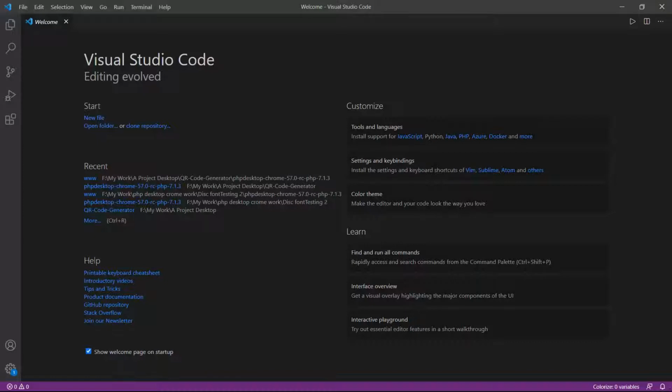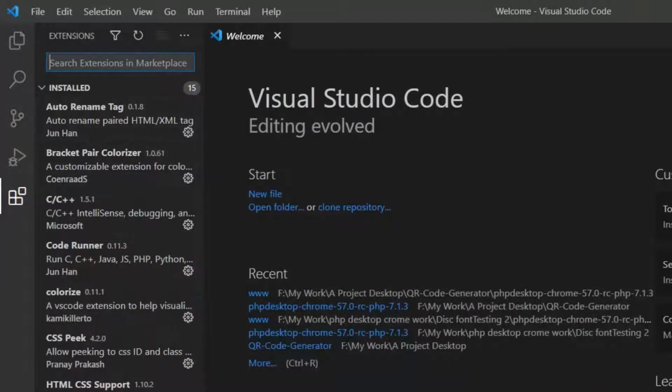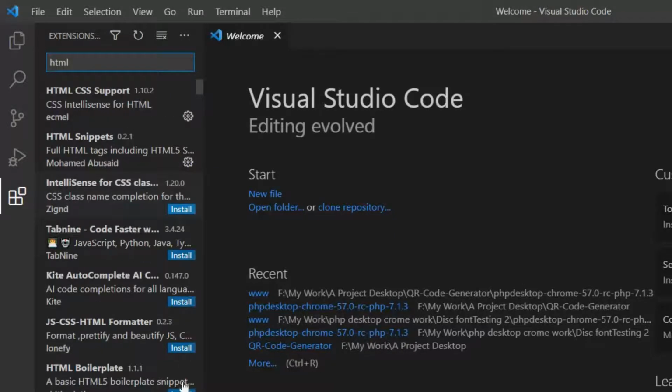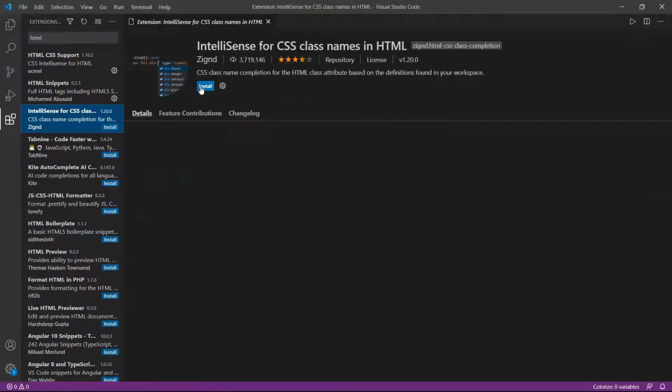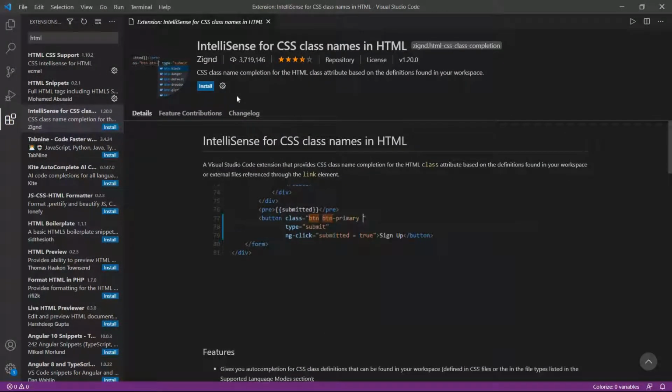So I have just launched Visual Studio in my system. Let's go to the extensions. To download an extension, here is the extension tab. You can enter the name of any extension and you can install it by clicking on this button or here also. We will come to this installation process afterwards. Let's check out the best 5 extensions, according to me, for improving programming performance.